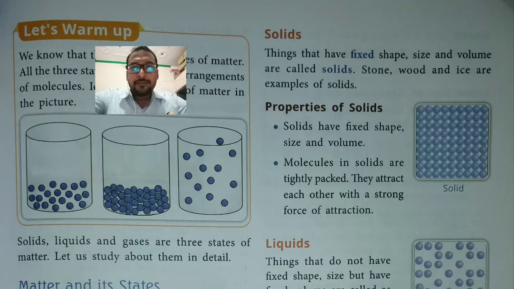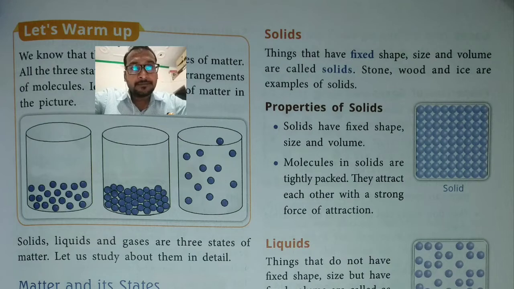Here, if you see, things have fixed shape, size, volume are called solids. Things which have fixed shape, size and fixed volume are called solids. That means the molecules of that solid are very closely packed. Okay, so for example, you have seen, observed the hard things, stone, wood and ice in the form